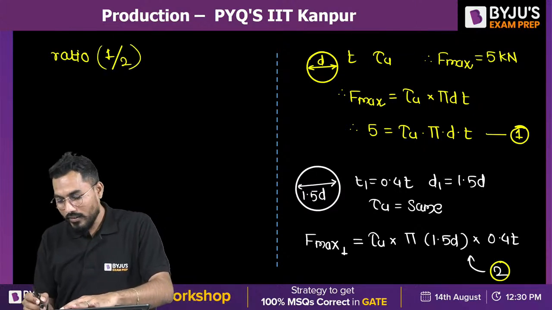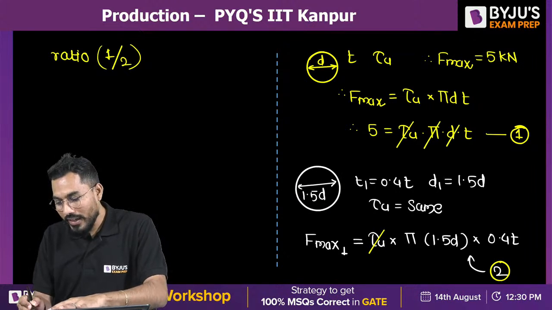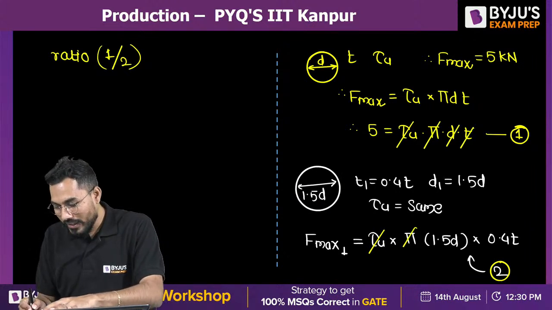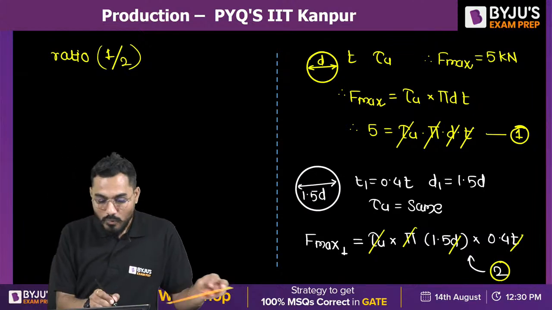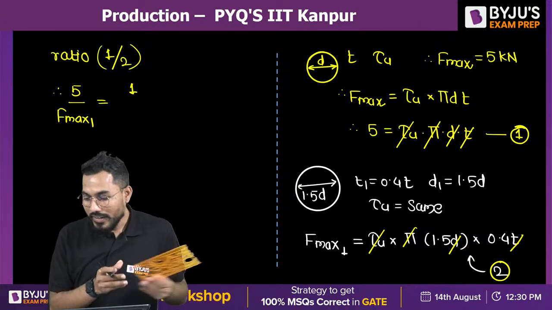If I take 1 by 2, can I say that this tau u will get cancelled, this pi d t will get cancelled? So how much will it be? F max 1 divided by F max 2 is exactly equal to 1 divided by